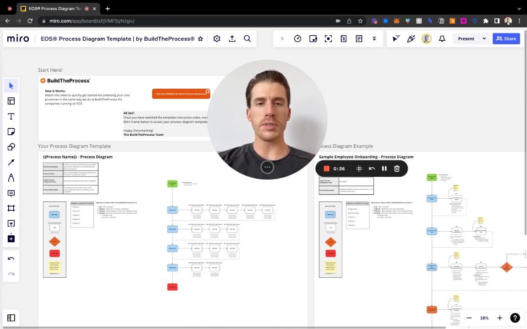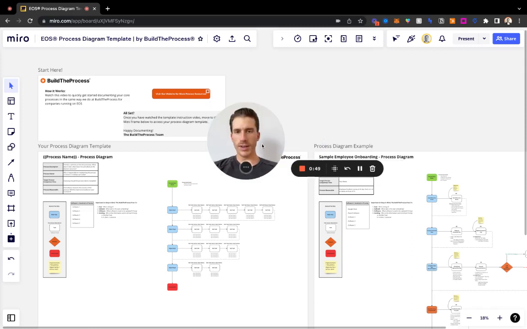So what I want to do is take you through, explain the template, and then show you an example process diagram that we've created that is typically seen for companies running on EOS, this level of detail. What we get a lot of times is questions around what's too much, what's too little, and we're just going to take you through a little bit of that today. So I will put myself out of the way here